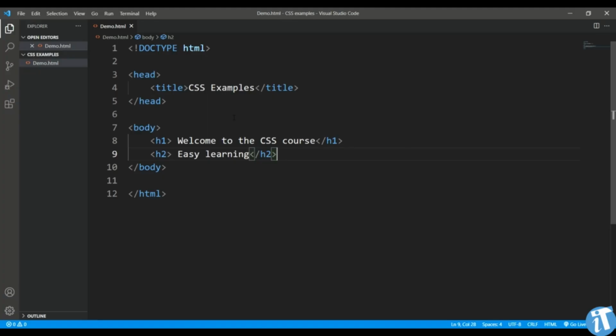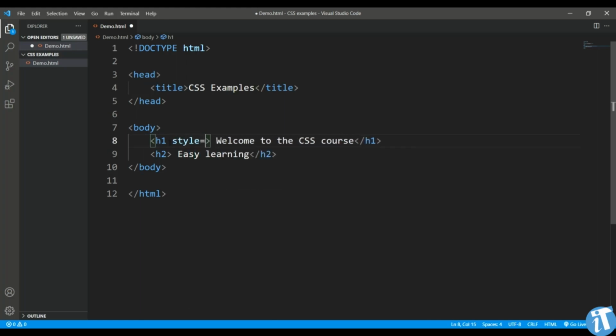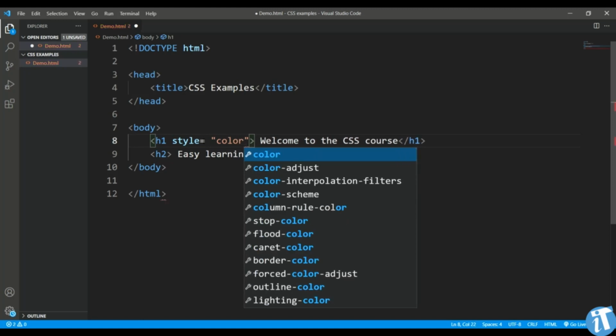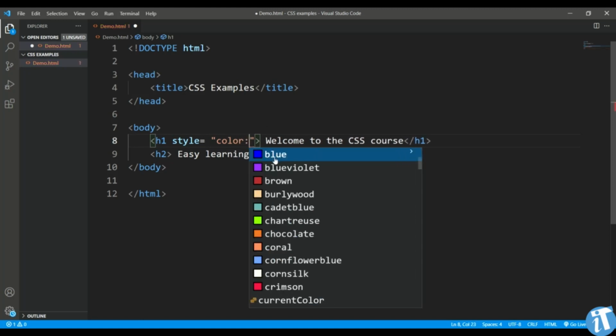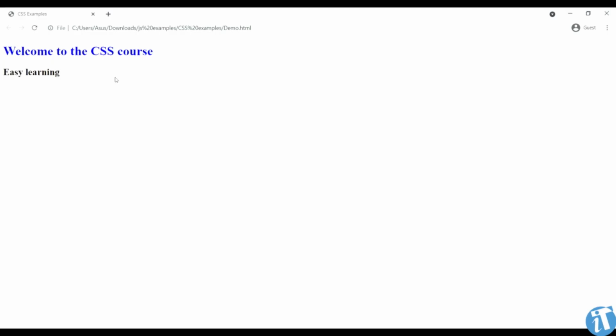Now if I want to put the inline style sheet, like the attributes we used to pass in any of the tags so far, here I will use style as the attribute. After that, I'll just put some of the values as I was doing in the previous video where we just saw the simple example. Like here, if I want to change the color of this h1, I'll say color to blue. As soon as I do that, you can see the color of this particular heading is turned